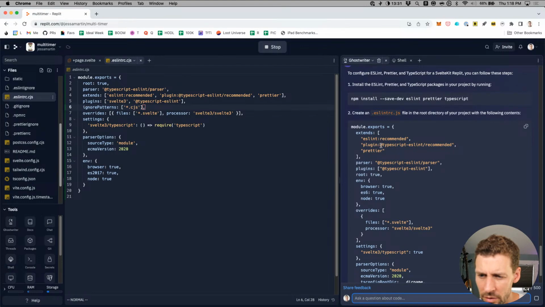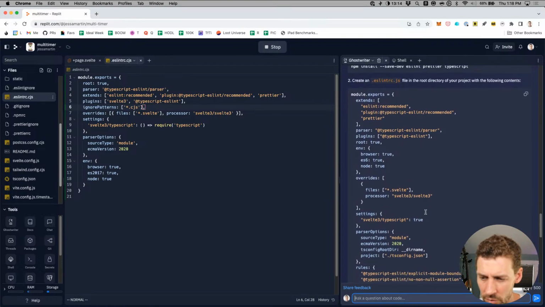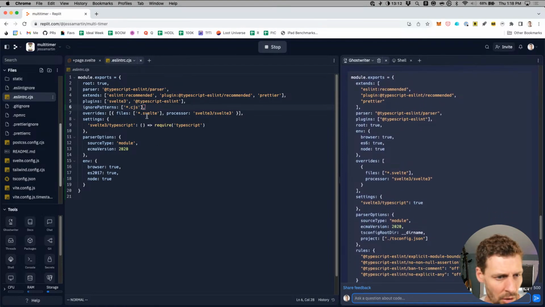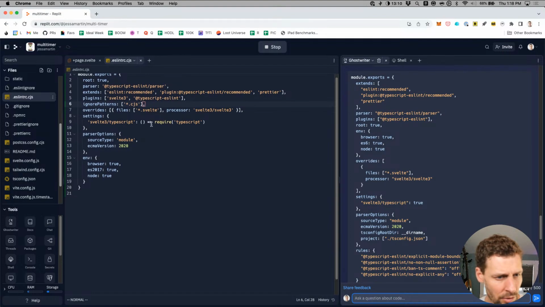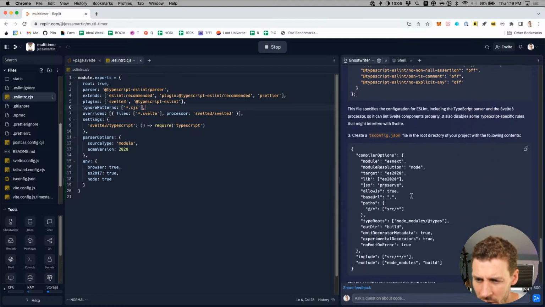Okay, so this one has the plugin TypeScript ESLint recommended and prettier. This is the way we have it over here, which is good. There's the TypeScript ESLint parser, the plugins. Okay, all this looks good compared to what we have. Overrides, files, ignore version. Cool, all that looks good.